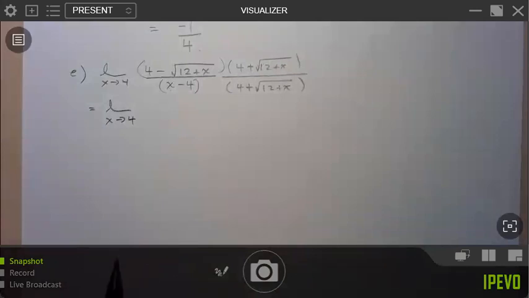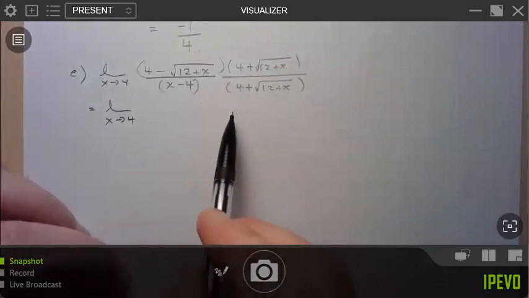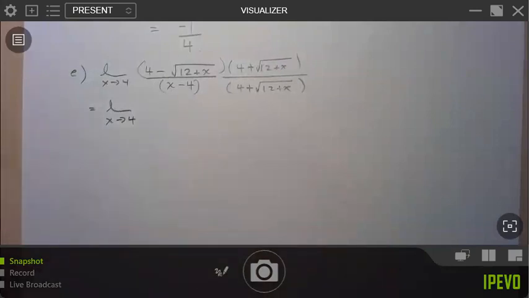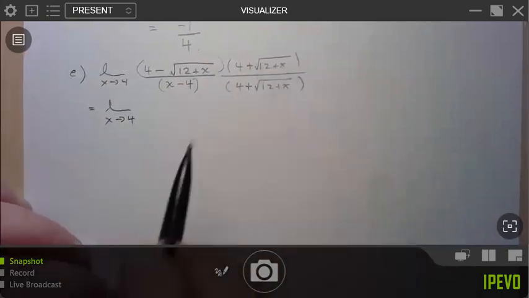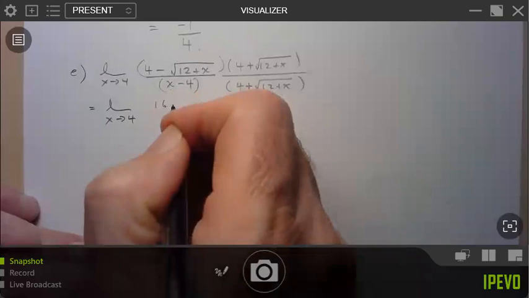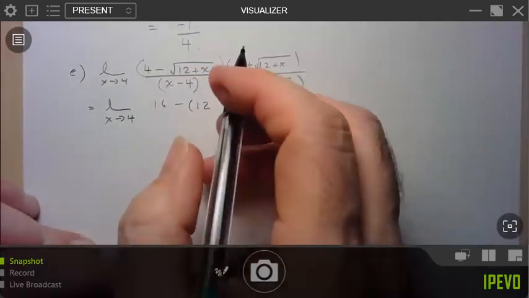Okay. So what I was saying is, please don't bother distributing the denominator. I think it was in the quiz where a lot of people were distributing the denominators, and it just overcomplicates things for no reason. So I would suggest it's the numerator that I'm doing this for. So let's go ahead and do that. So here we have 16 minus, again, please don't forget the